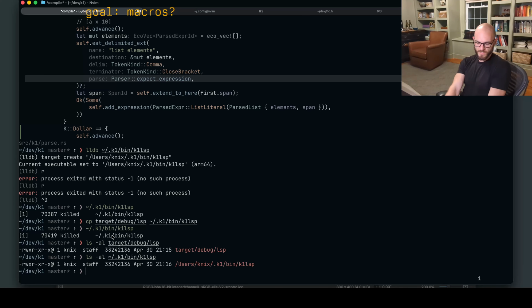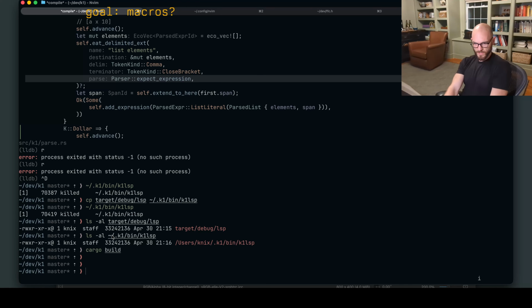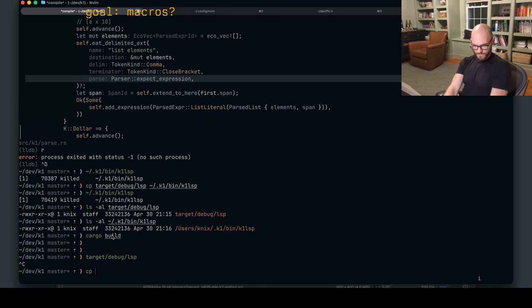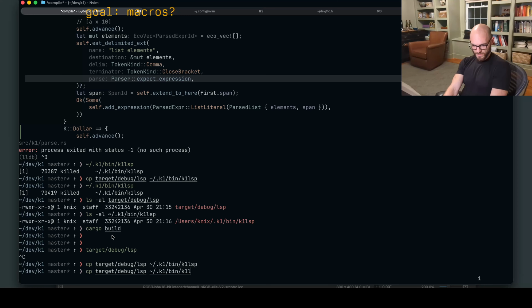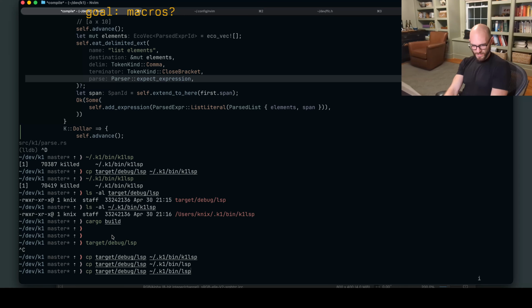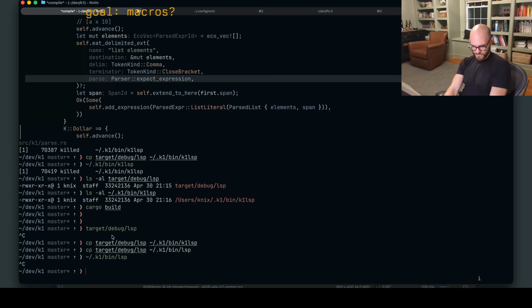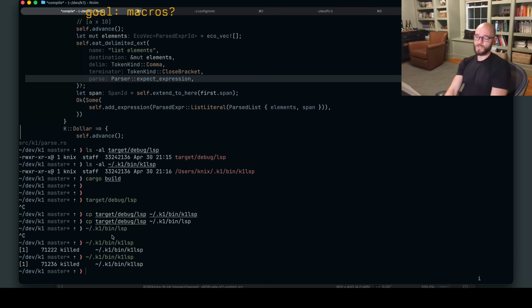I'll go build. Okay, so what if I do it there and don't rename it? Okay, the non-renamed one works, and the renamed one is killed.